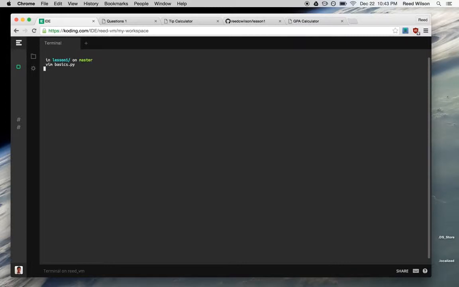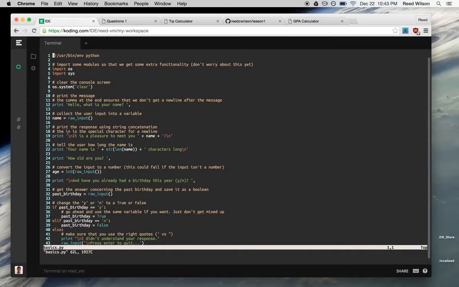Now let's look at it. So this has a lot of things in it. You probably don't care to do all of it, but you can use whatever you want from this program for yours. There's a few things in here that we haven't talked about yet, so I'm just going to gloss over those. So first off, you can ignore this comment at the beginning, but then we've got